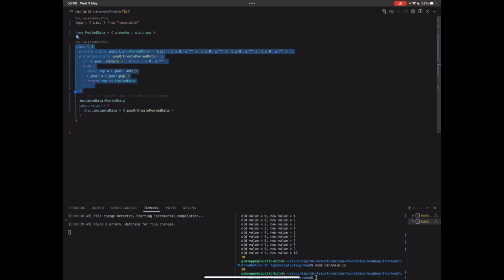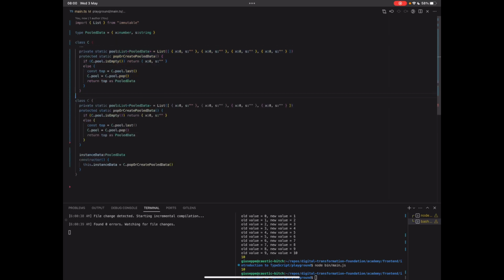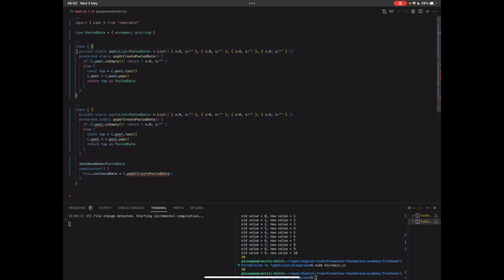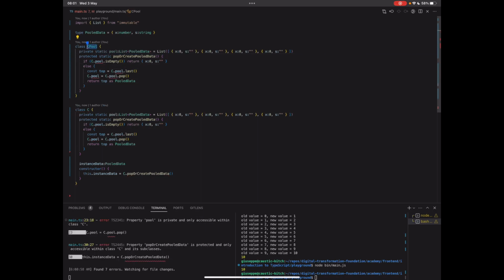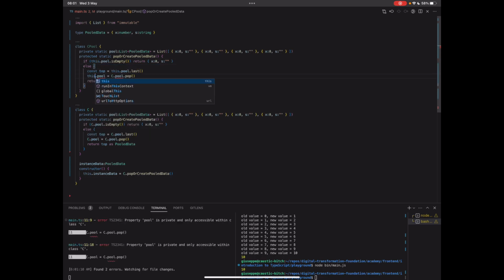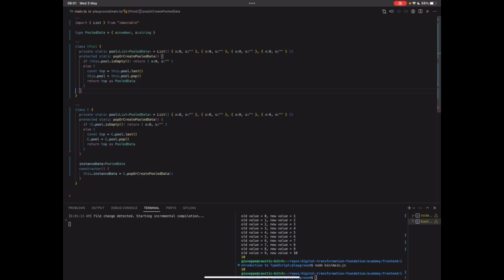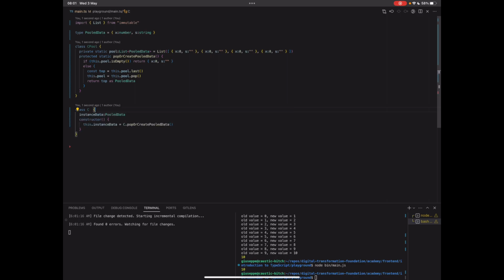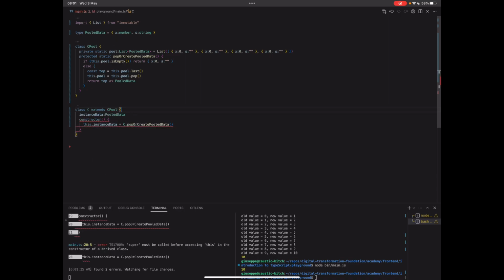Now to finalize the strengthening of the separation of concerns, let's have the C pool. Well, this is all static, so I shouldn't have used the C, but I should have used this. Now you see why this is better than using the name of the class directly, at least for refactoring purposes. Let's delete all these things. Now, pop or create pool data doesn't exist correctly, but if we extend from CPool,